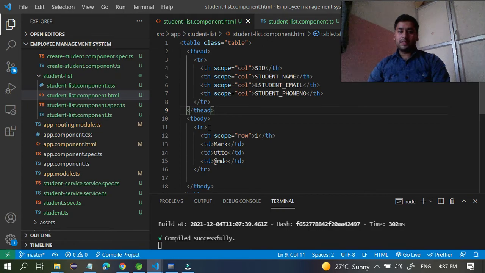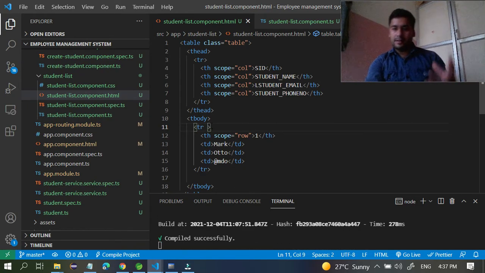One more thing you have to do in the body part: you have to populate the list of student data. So in the TR tag you have to write an Angular directive.